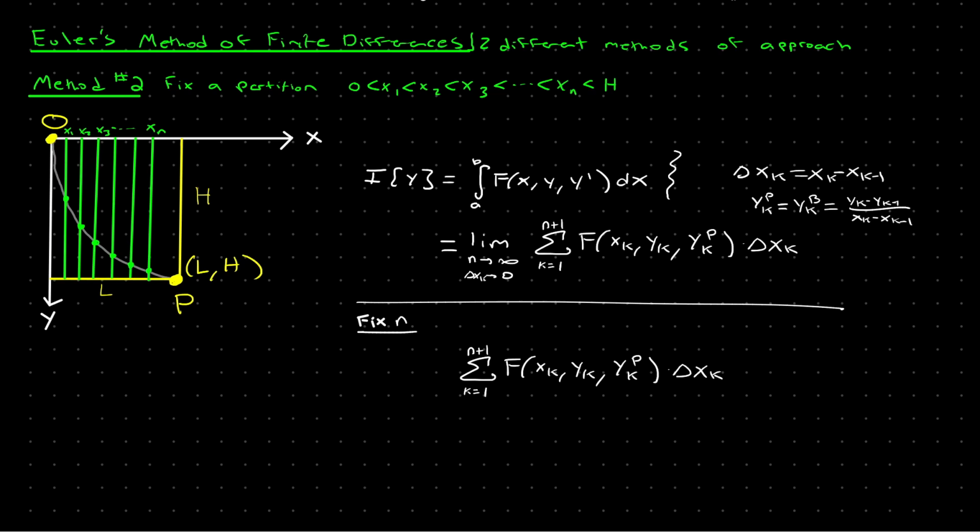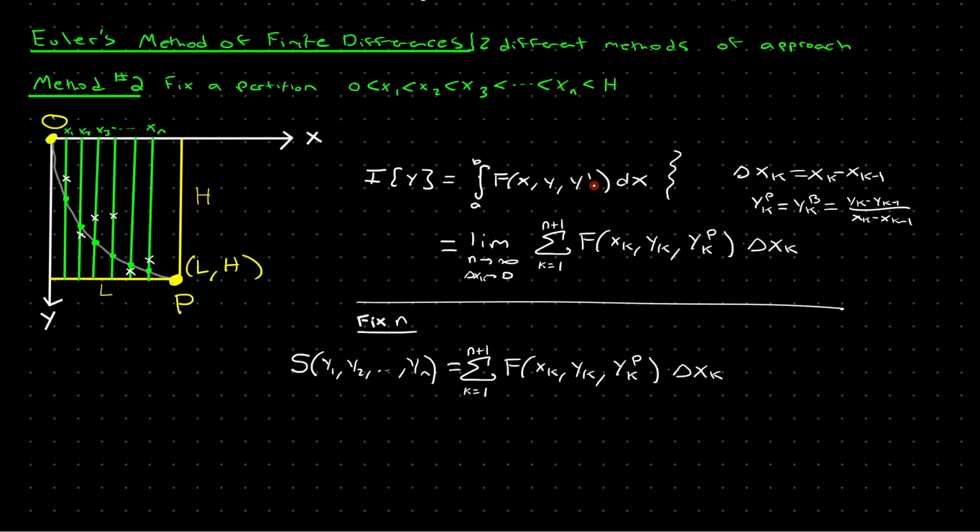So, for instance, this expression is a function. So I'll call that function S. S is a function of y1, y2, all the way up to yn. So what this means is that for different values of y1, the y coordinate on each one of these fixed values of x, plugging in a different y coordinate will give you a different value of this multivariable function. And because this multivariable function is an approximation to this integral, this definite integral,